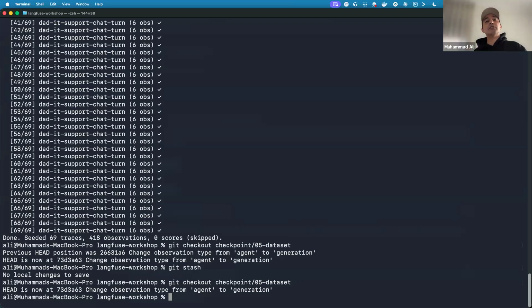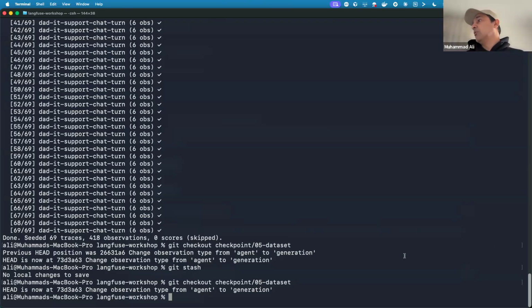When they put it into production, we capture online traces, apply the same logic for scoring, and make sure that the score in the online setting is not dropping. If it's dropping, that's the drift between your online and offline evals, which needs to be fixed. And that drift can be captured if you have all the scores in Langfuse.